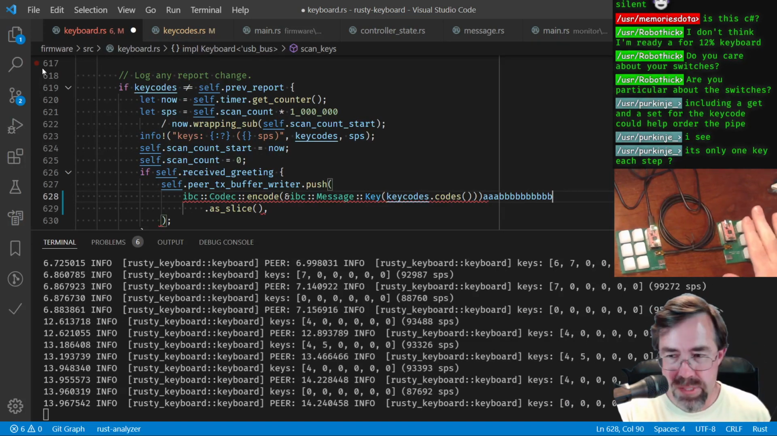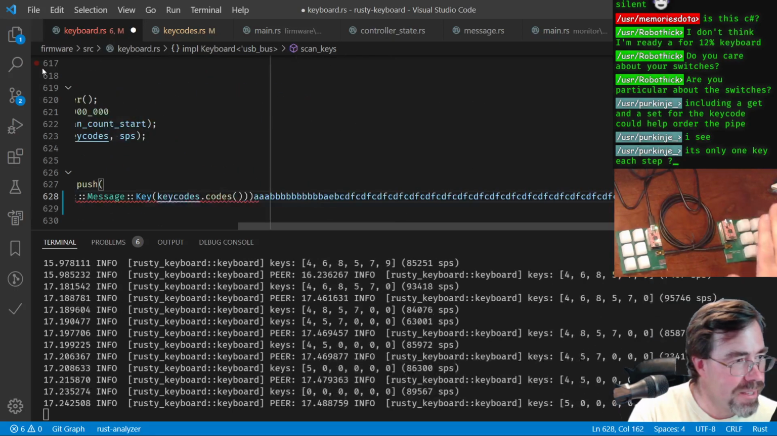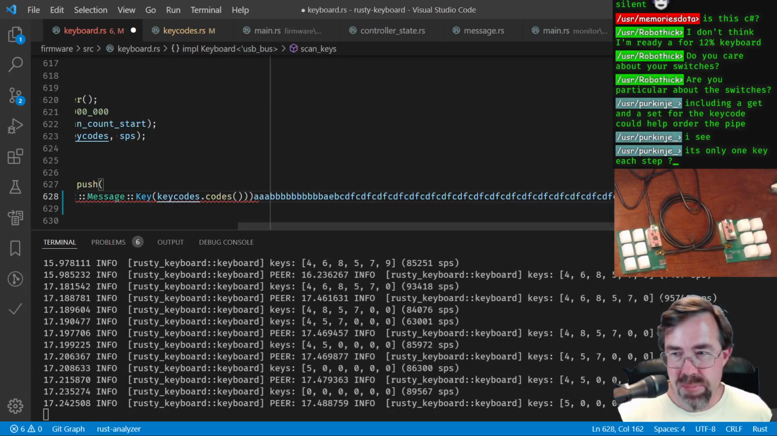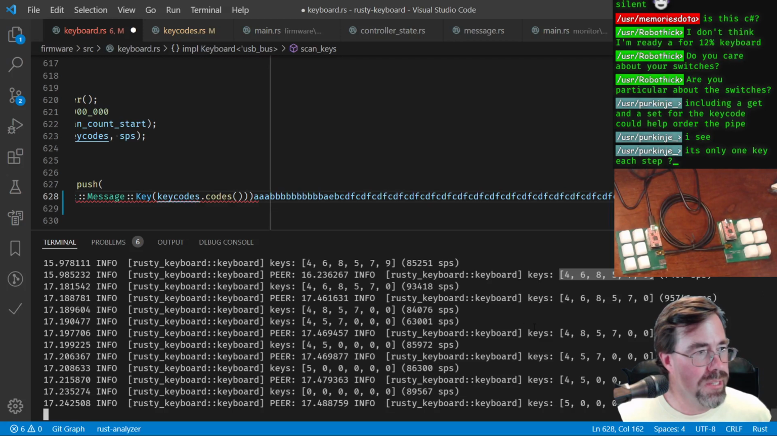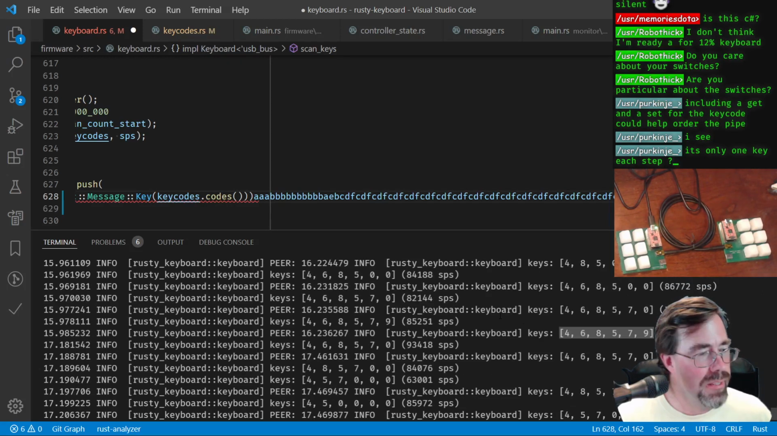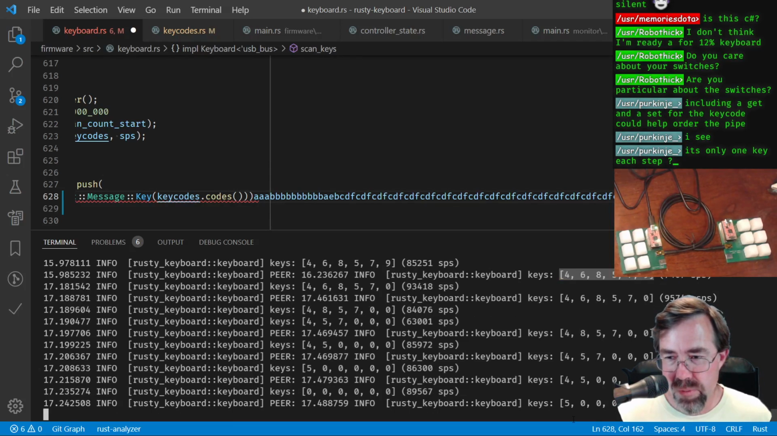If I hold down all 6 keys and release them, you see up here, it actually had a report with all 6 keys in it. Okay, the camera's in the way. There we go. You can see it. It's right next to my head. So that's when all 6 keys were held down, and then it went back to,